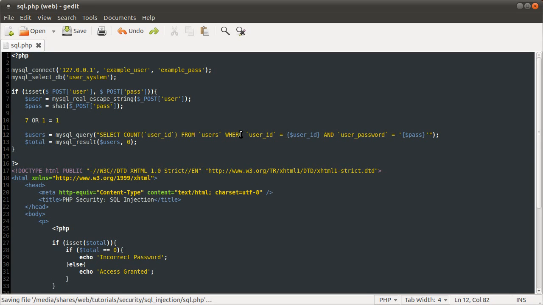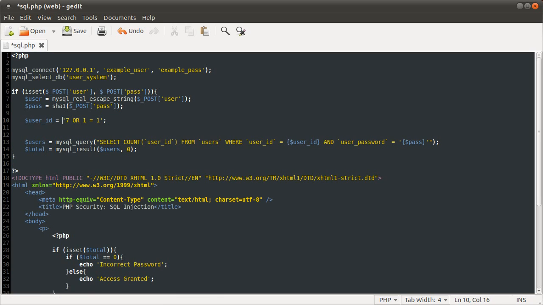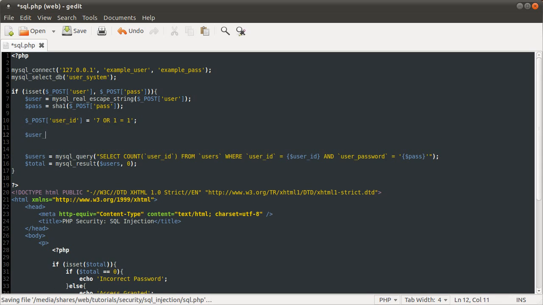The way we protect ourselves against SQL injection from integer values like this is to use PHP's typecasting to convert this to an integer, to make sure it's only an integer. Like say if you had a string, user ID equals this, and you cast that to an integer. Let's simulate that it comes from a form like so, and then say you were to set user ID equal to post user ID,